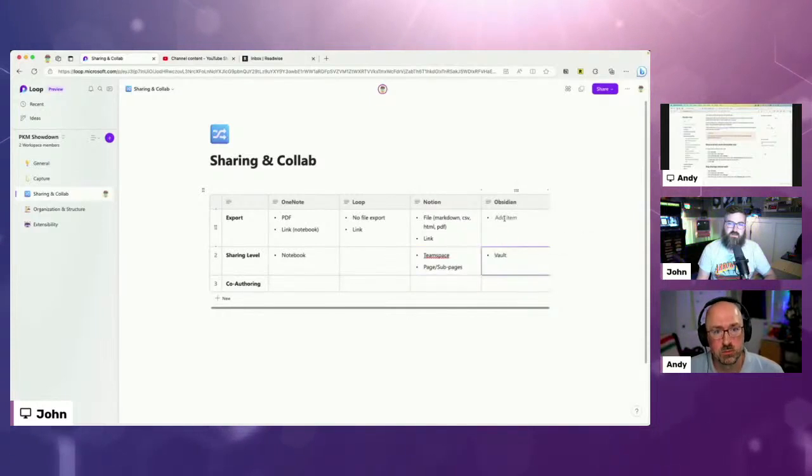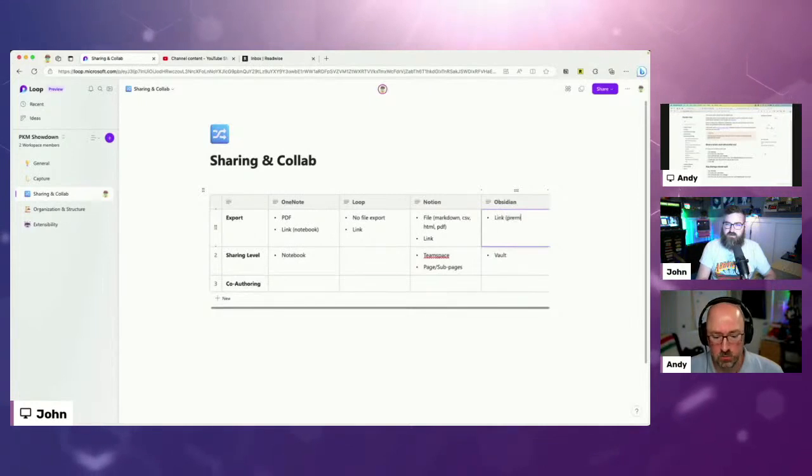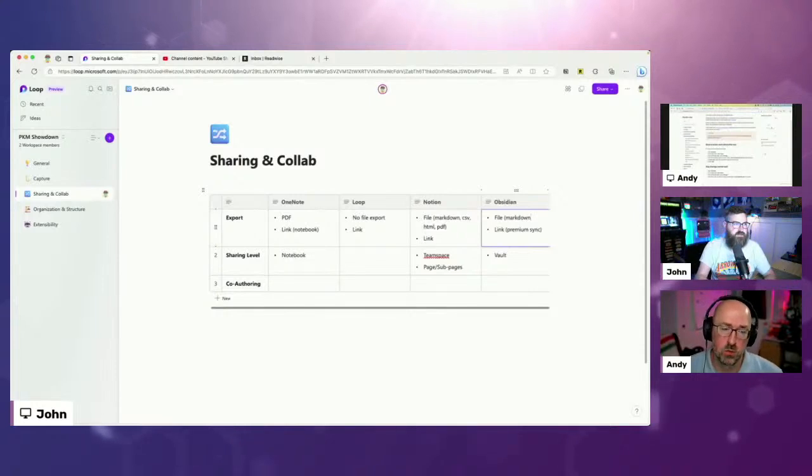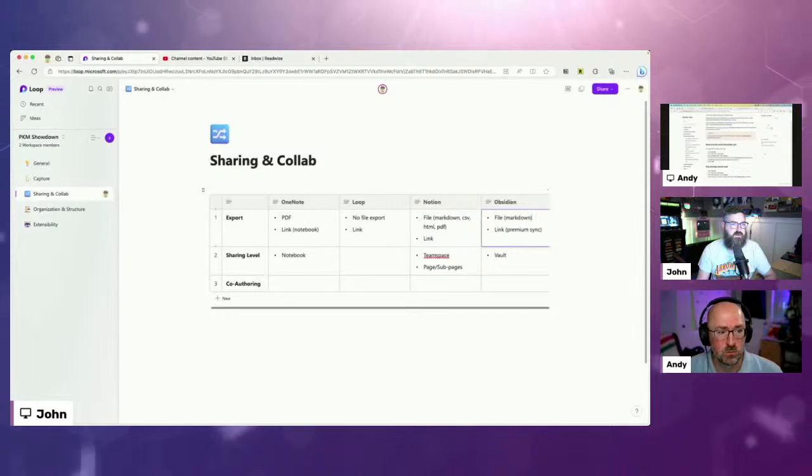So just at the vault level, and that would be a link to the vault if you're doing sync, right? Yep. Premium sync. And then your export, it already is a Markdown file, so you could do the Markdown export. Can you export as PDF and all that type of stuff if you want just this one page? Yeah, there's no built-in export button. It's really going to your file structure and getting it out. It's a very Unix-y way of doing it, I think.